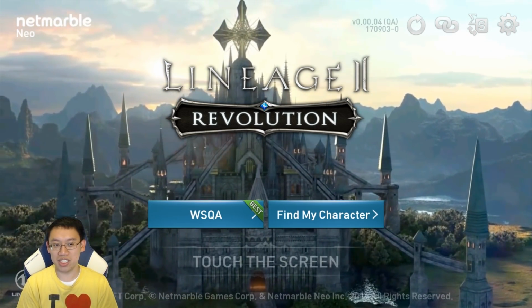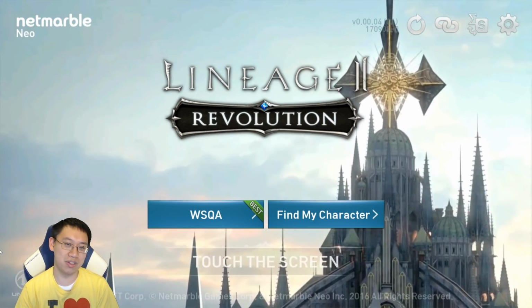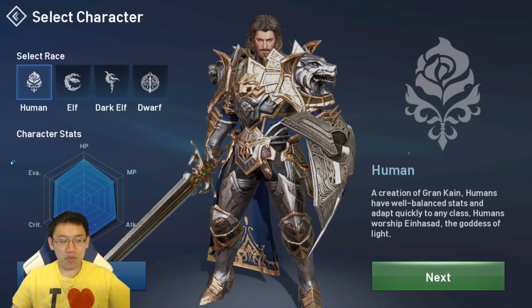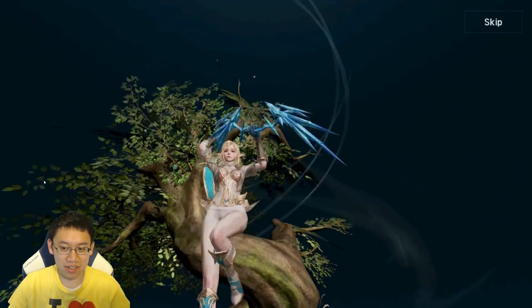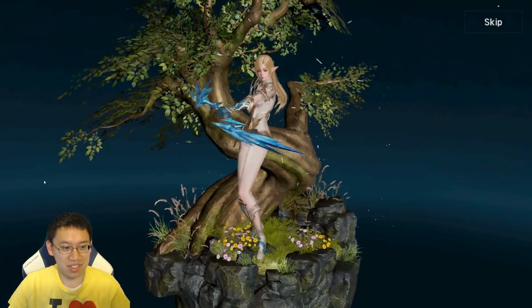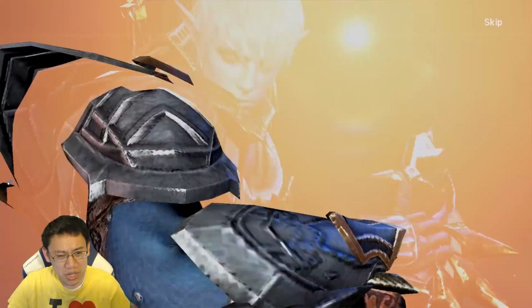I'm going to be showcasing a few of the highlights of my play so far, but let's go ahead and immediately start to build a character. There are 4 races in the game. You've got the humans, you've got the elves, very graceful, you've got the gloomy dark elves,